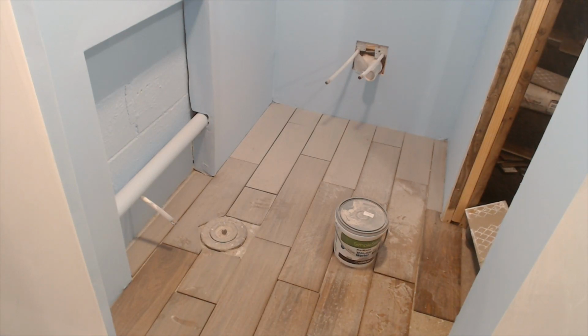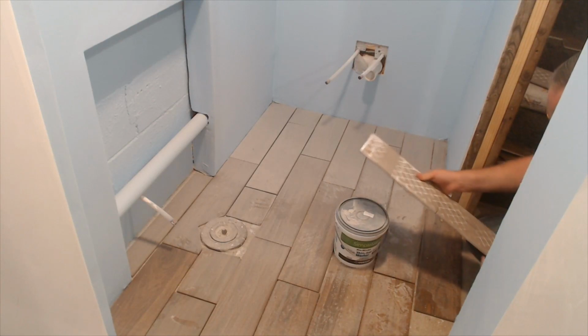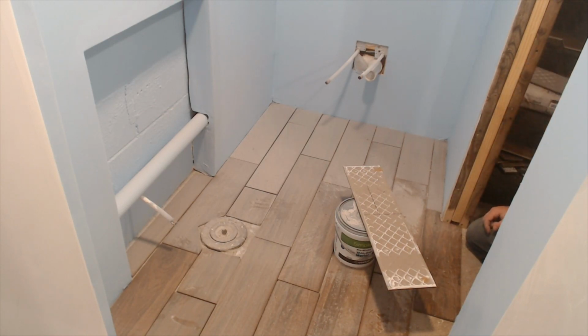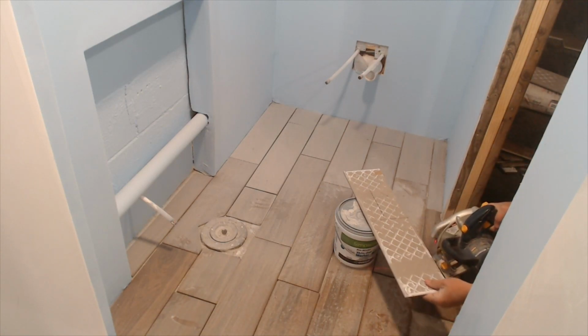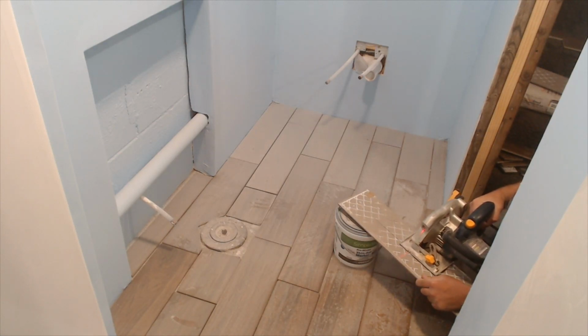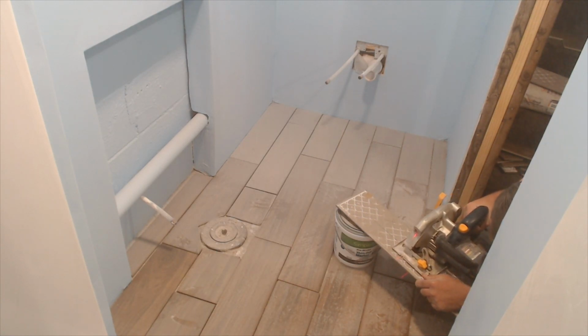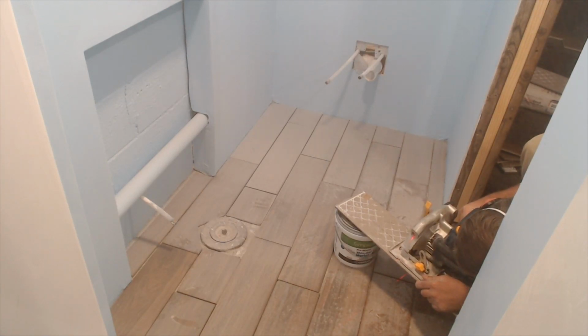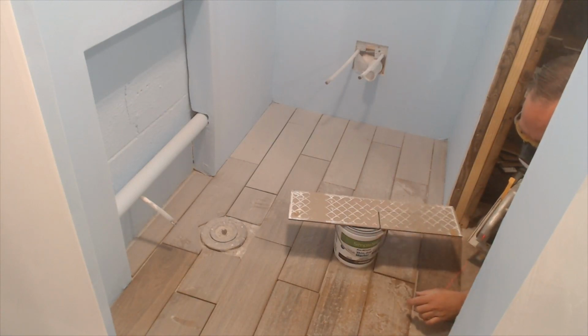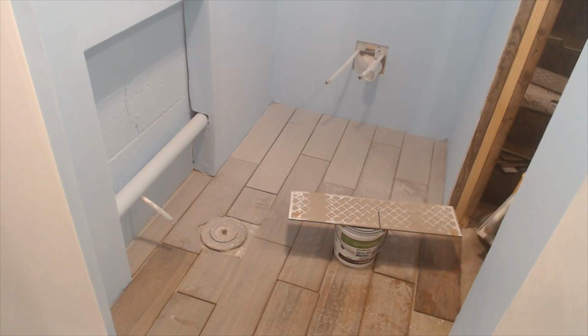Yes, a wet saw would be better, but I don't have a wet saw. And as long as I keep the pieces that are slightly chipped to the wall, I don't think it's a big deal. It's all going to be covered by trim. She is tough, Mary, thankfully. Thank you, April. This is my last piece if I can cut it right. I've messed it up 3 times now. I still have to glue them all down, but